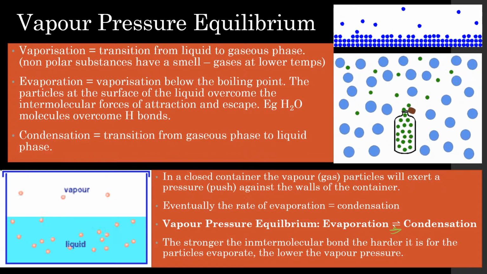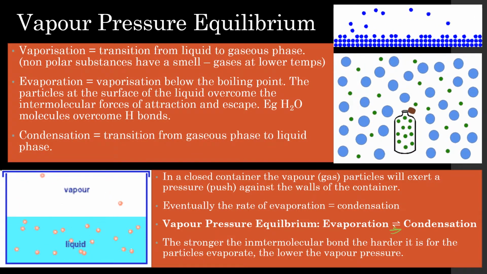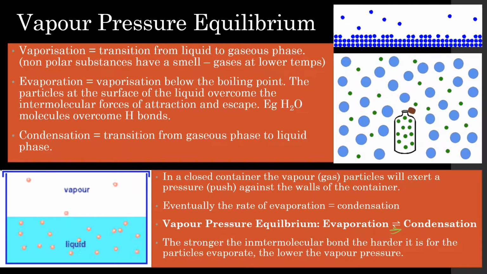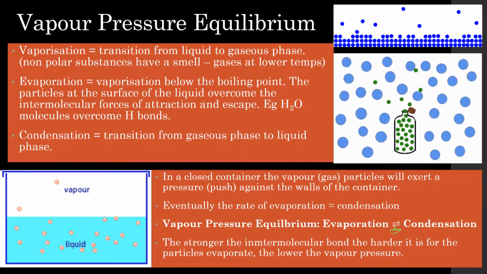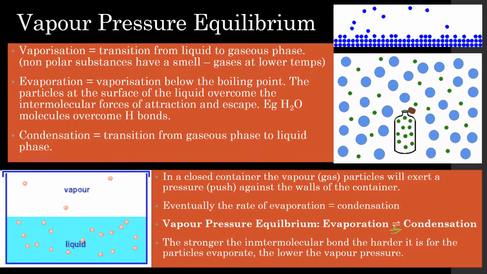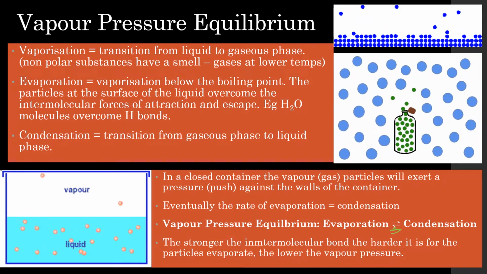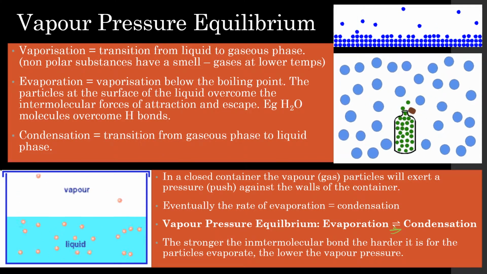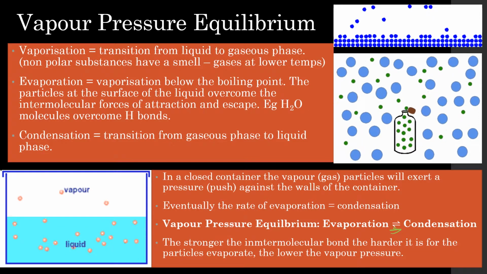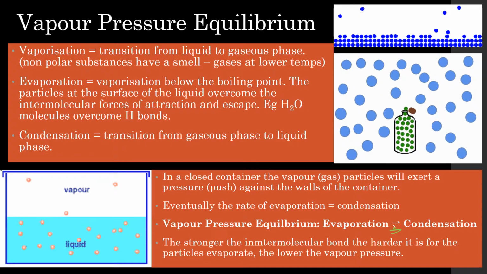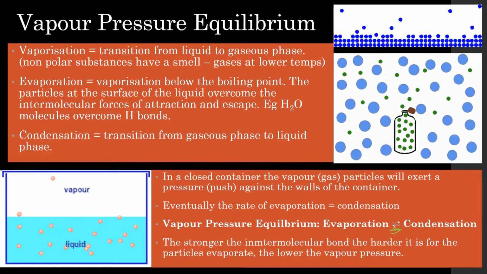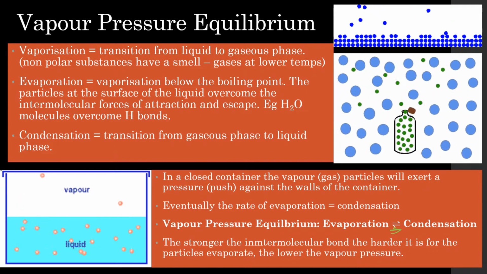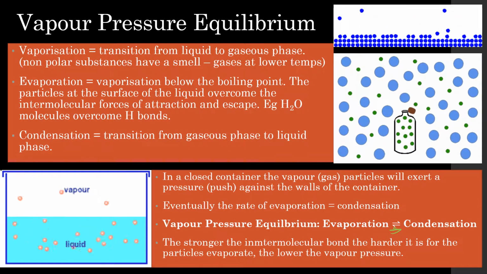So the point here is that the stronger the intermolecular bond, the harder it is for the particles to evaporate, because remember, evaporating is a molecule or a particle gaining enough heat energy, turning that into kinetic energy and escaping those intermolecular bonds. So the stronger the intermolecular bond, the lower the vapor pressure,